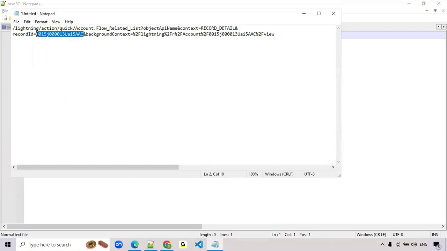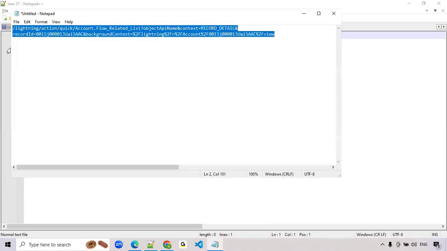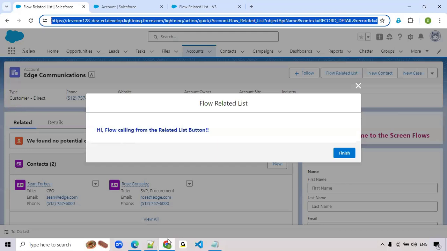So how are we going to do it dynamically? I will show you. So here this is the returned URL now. This also has the account ID. We have to do this dynamically also. Okay, let's copy this. You can remove the part in front of that. First you have to copy this. Now come to the